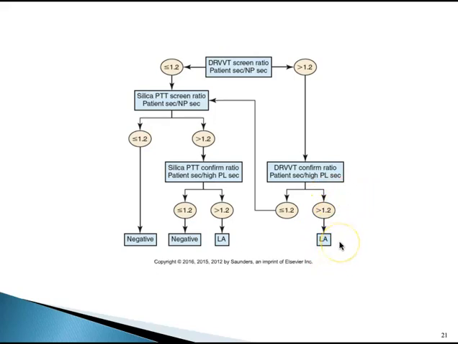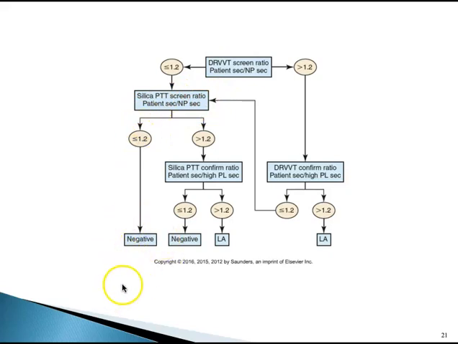anticoagulant. If your result is 1.2 or less, then you can perform a silica-based APTT test using low phospholipid reagent. And so you would do the same thing that you did in this case scenario, okay? So if your results are more than 1.2, you run a confirmatory APTT test using high phospholipid reagent, and if your results after that come out to more than 1.2, then you can confirm that it is a lupus anticoagulant. However, if after you ran the silica-based low phospholipid reagent APTT your result is 1.2 or less,